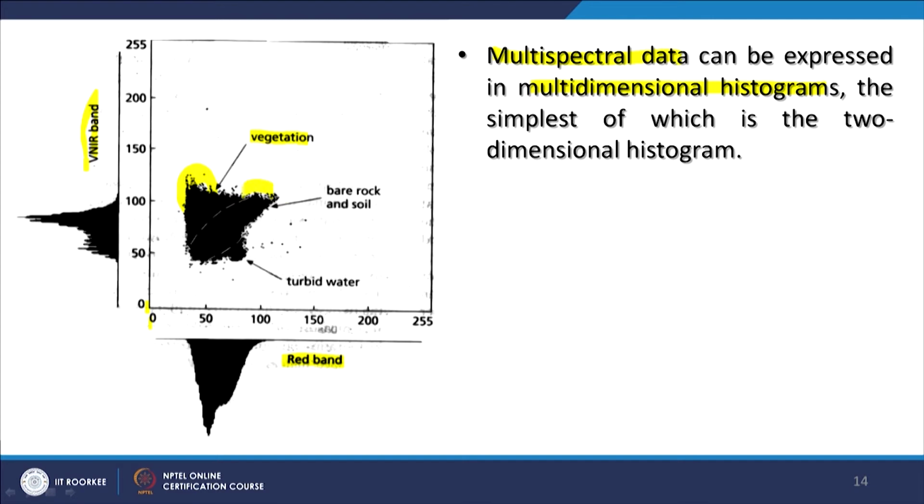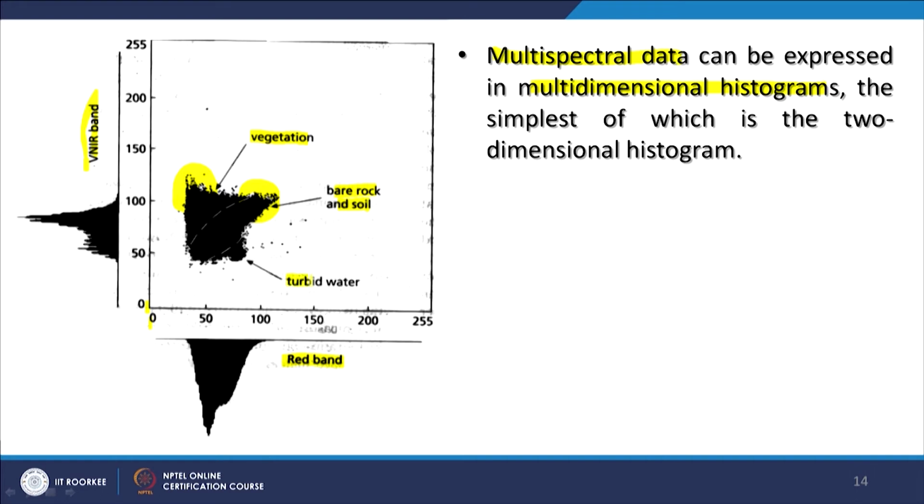Similarly, this area, because in both bands they are having relatively higher values, might be bare rocks and soils. Because if it would have been vegetation cover, then those pixels would be plotting their position here.